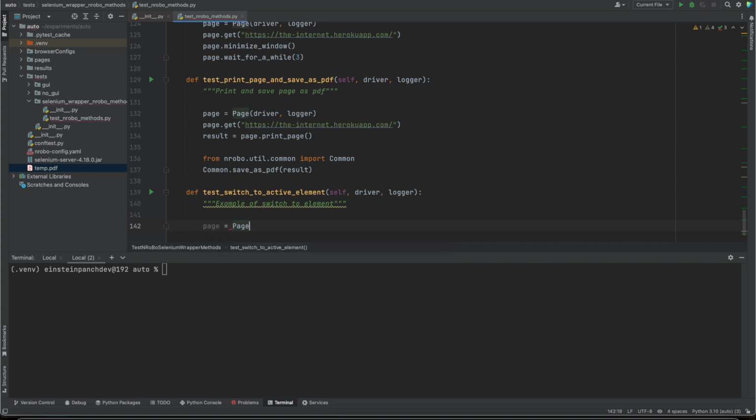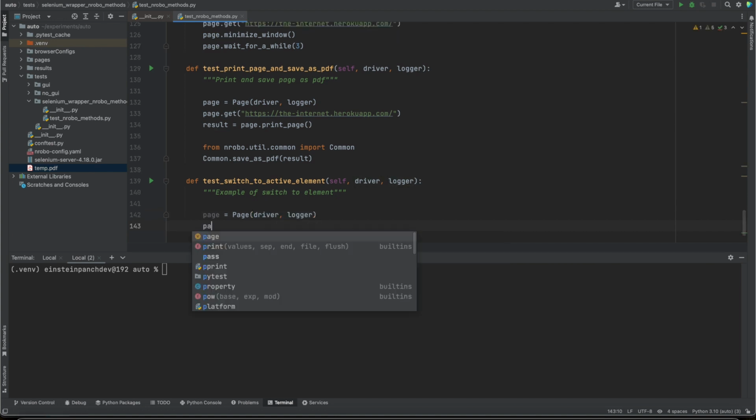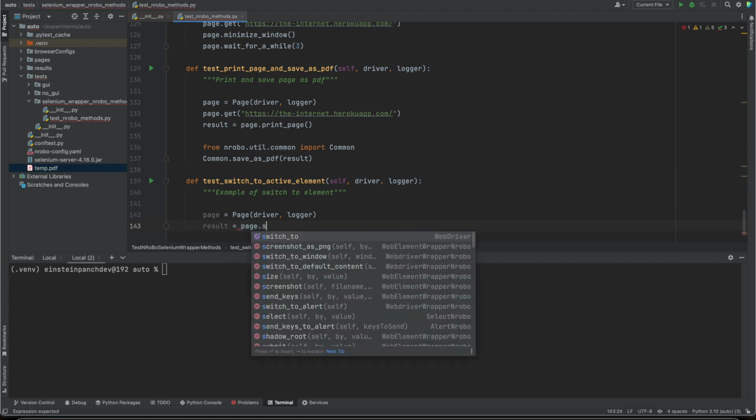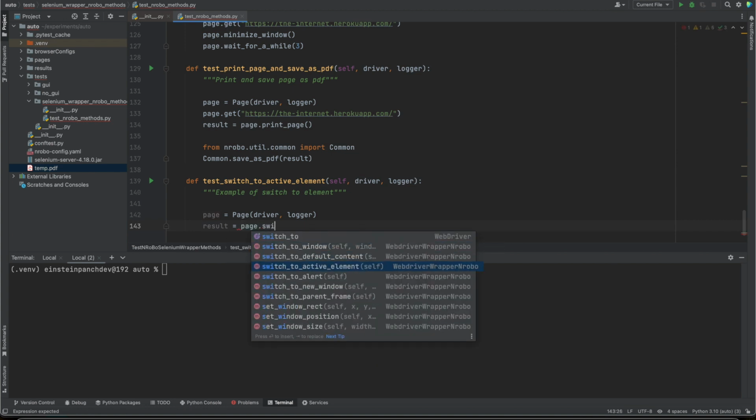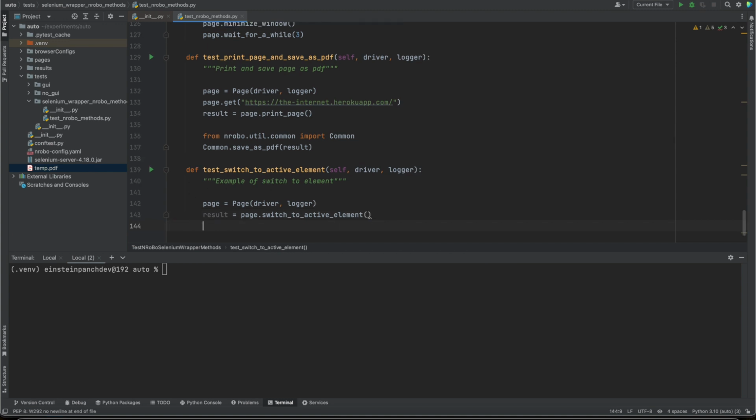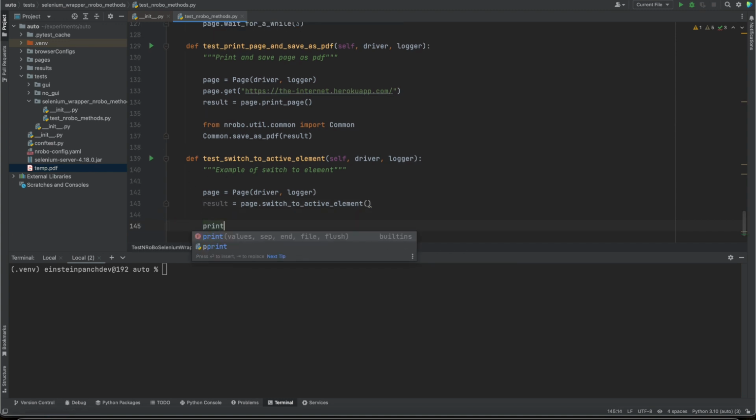First, let's create page object, comma logger, open URL, element, print results,